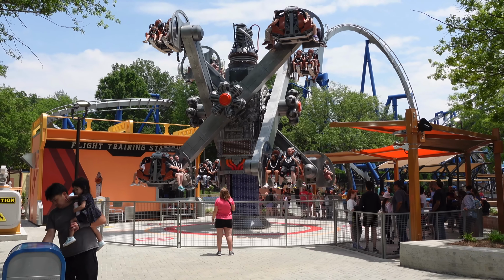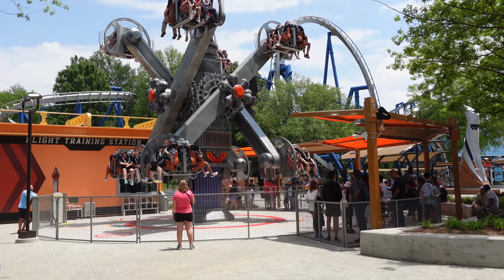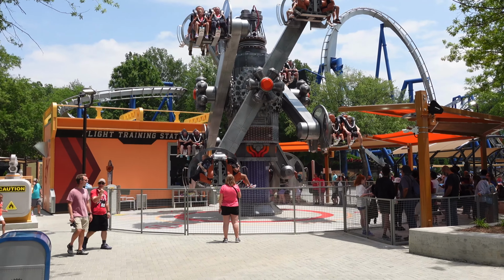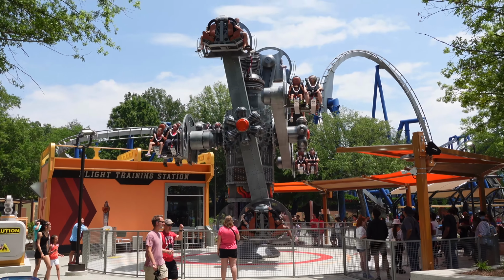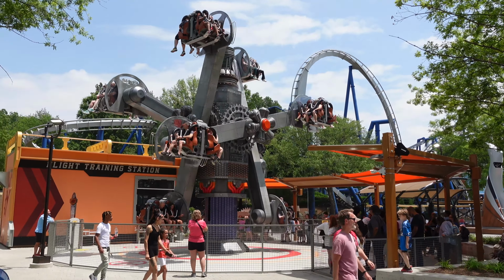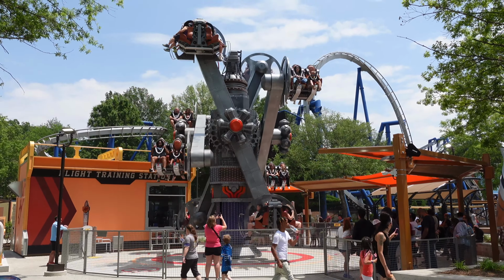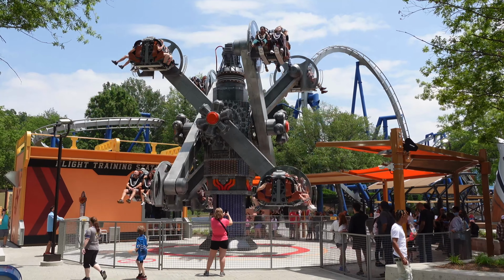Every time it loops around up there at the top, you get that dropping feeling in your stomach, like when you go over a coaster slope, you feel like you're falling. That's the feeling you get on this ride. It is a lot of fun. I'm telling you, I didn't really think flat rides were that big of a deal. Yeah, these are awesome. To be honest with you, all the flat rides over here in Aeronautica Landing have been